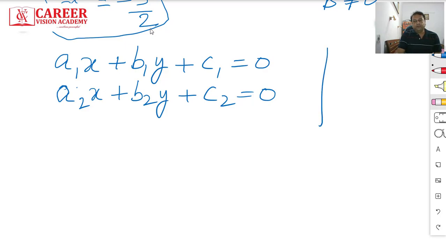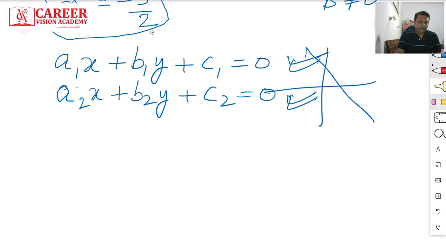The topic has been studied by you in class 9th also. It forms a straight line. So if I am having two linear equations, I'll get one straight line from this equation and one from this equation, right? We have to find out the value of the variables, or we have to solve these two equations. To solve these two equations means to find out the value of the variables. There are two methods to do that.